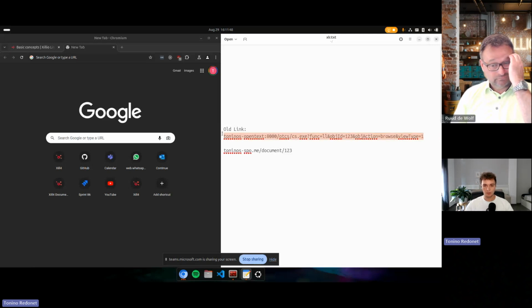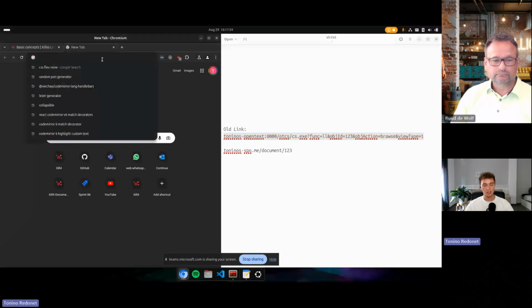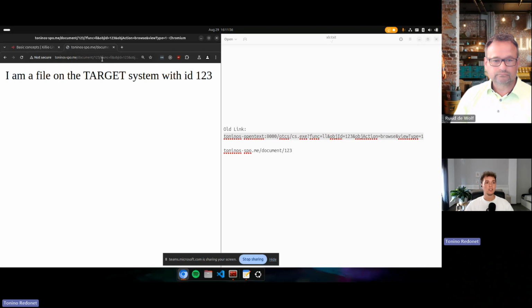I set up a demo server. I have the link redirector running on my computer. And if we paste it in here, I can see that successfully, even though I pasted the open text link, I am now at my SharePoint Online link in my browser because it is properly redirected. We can see that it puts the document ID 123 right in there. That is because the link redirector has a nifty way of figuring out and deconstructing the links.